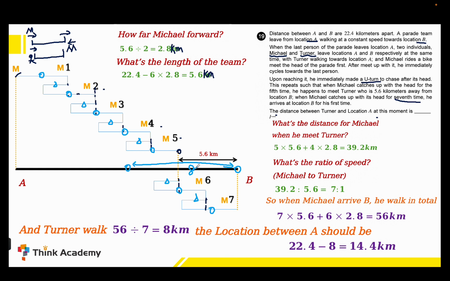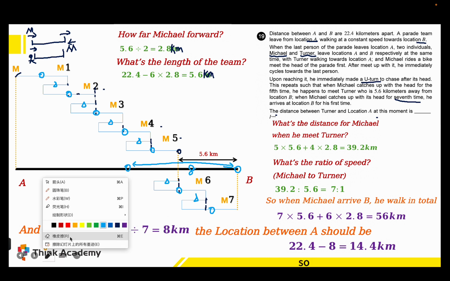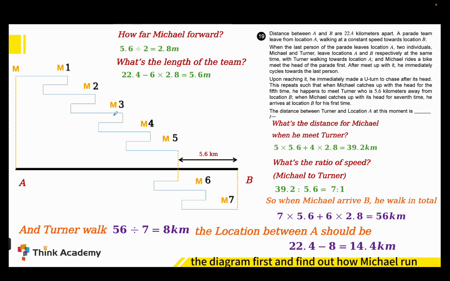Here is the answer. Okay, let's go through this question again. We need to draw the diagram first and find out how Michael ran, and what the question gives us. Two conditions. The first condition is that when Michael first meets Turner, the distance between Turner's place and B is just 5.6 kilometers. Then to find out, maybe this length is the same. We need to find out how many 5.6 and how many 2.8 we have, because he runs the U cycle, right? Here,